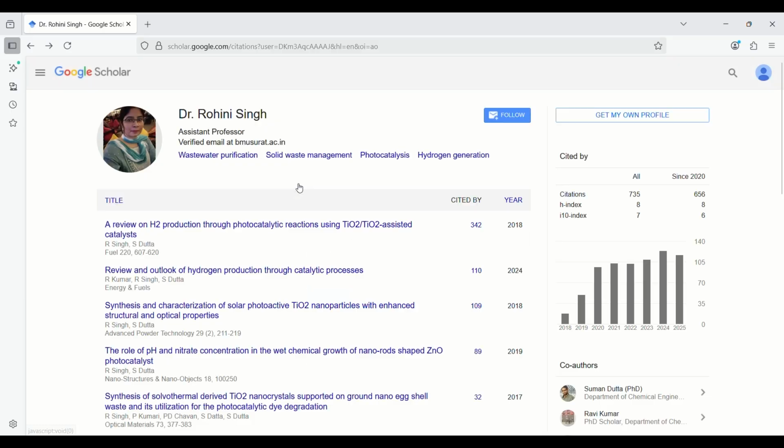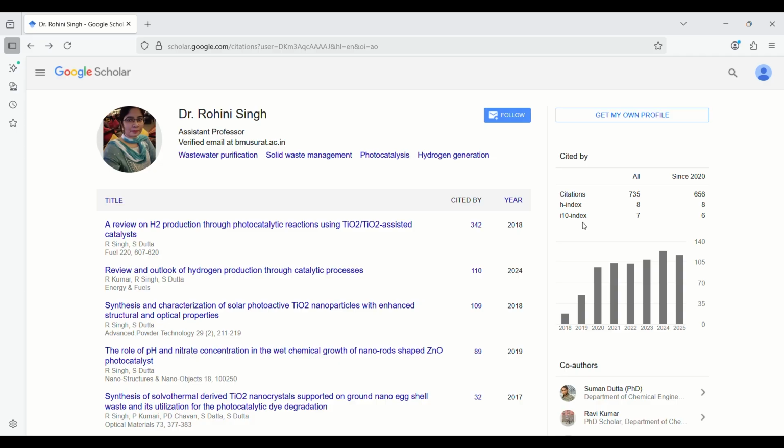Now, this is get my own profile. If you want your own profile, you can click on this, fill in all the details and make your profile. Now let's come to cited by, these citations, H-index, i10 index. I think you all know the word citation.